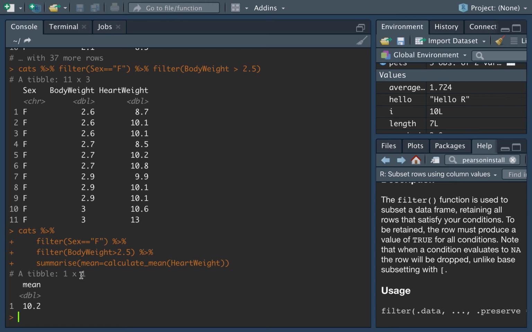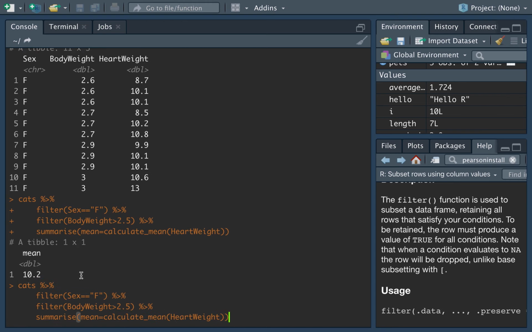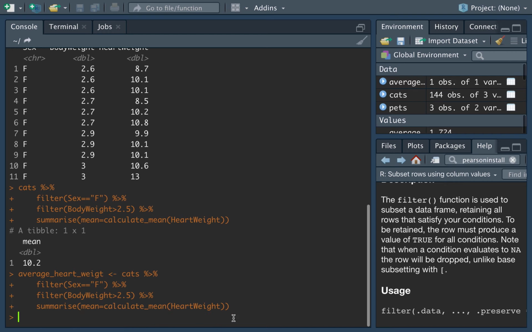Now, of course, we're going to want to assign this value to something, and so it'd be normal here for us to write something like average heart weight is assigned from this. And now that's been assigned. And then, of course, you can then print that. So, for example, if I printed average heart weight,